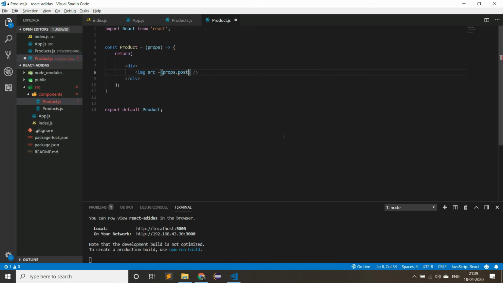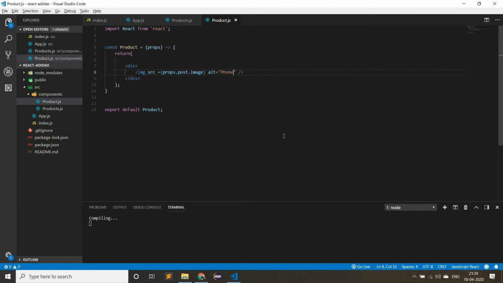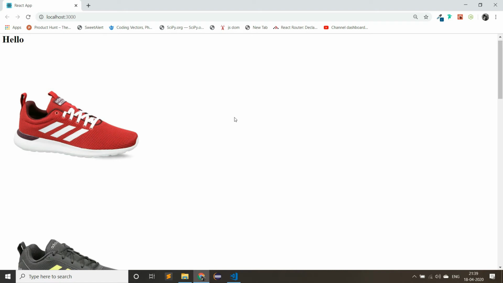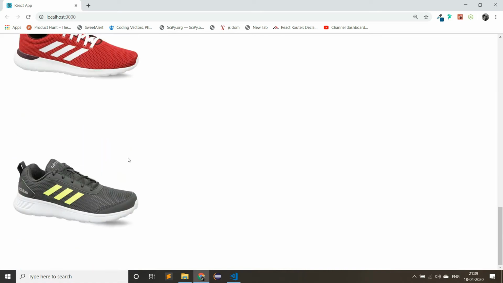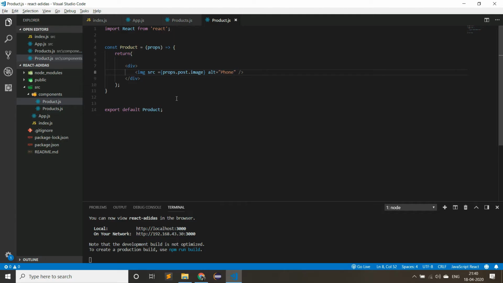So source equal to props.post.image. Now let us append the alt attribute also. Alt attribute equal to, let us write as phone, anything you can. Now you can see here we are getting 6 shoe images.